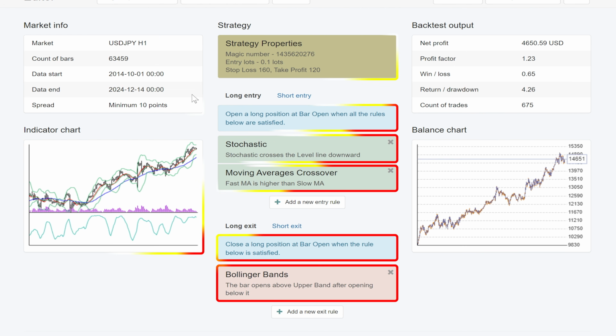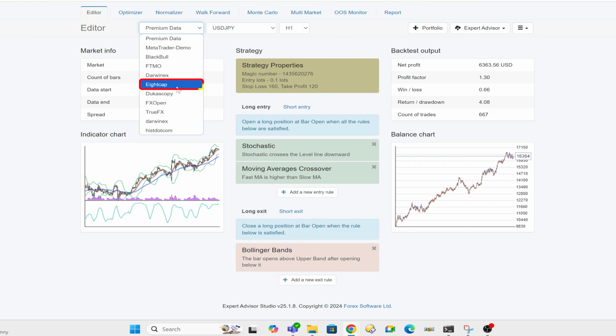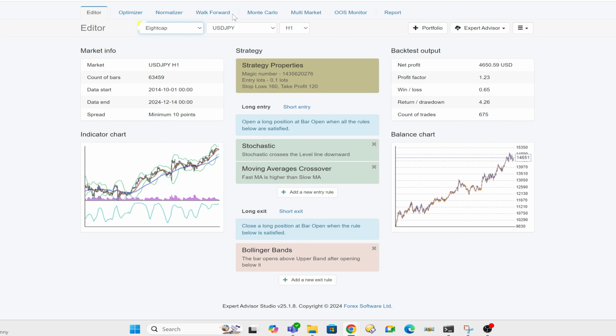And so the strategy we've got here, it's been developed using Eightcap data. It works well on the premium data too, and I'm sure it will on others, but in this case I focused on Eightcap. That's who I'm going to be trading it on,